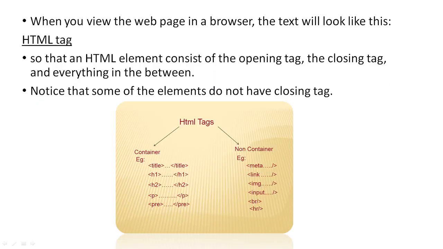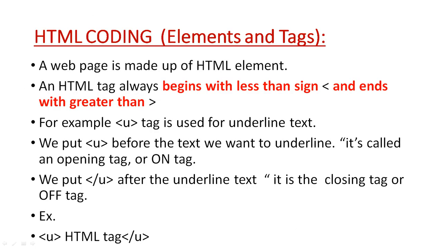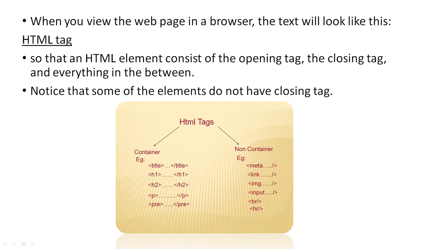When you view the web page in the browser, the text will look like this: HTML tag. This is because we have put, at the last line, the U tag to underline the text HTML tag. HTML tag is our text, and the U tag and /U tag are the on tag and the off tag for this text in between, so an HTML element consists of the opening and the closing tag, and everything in between